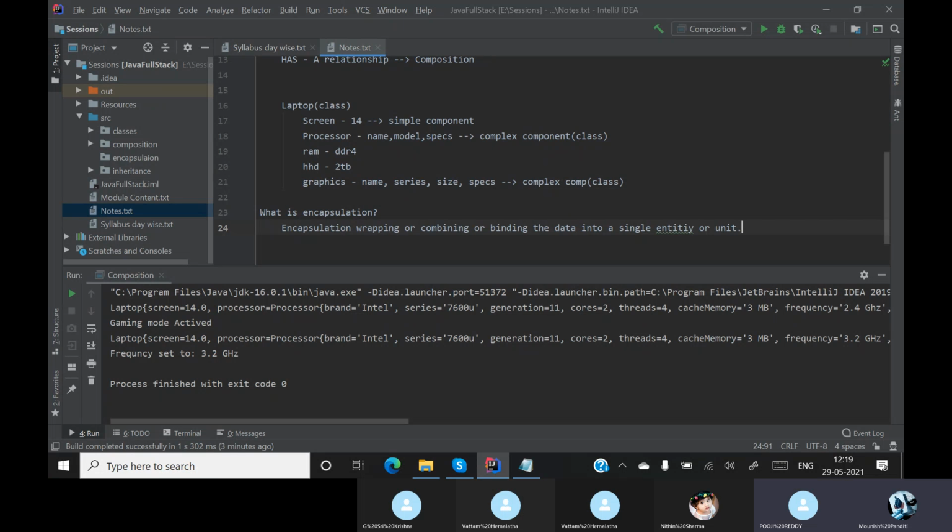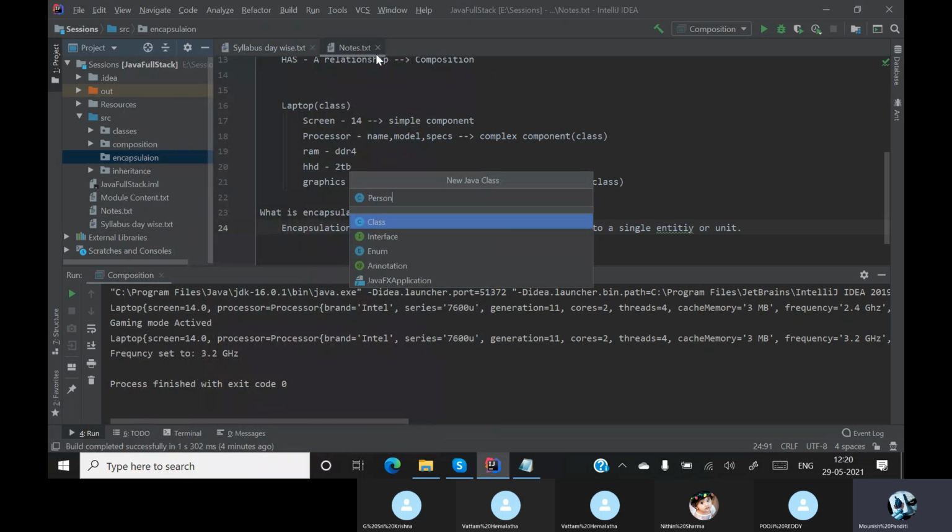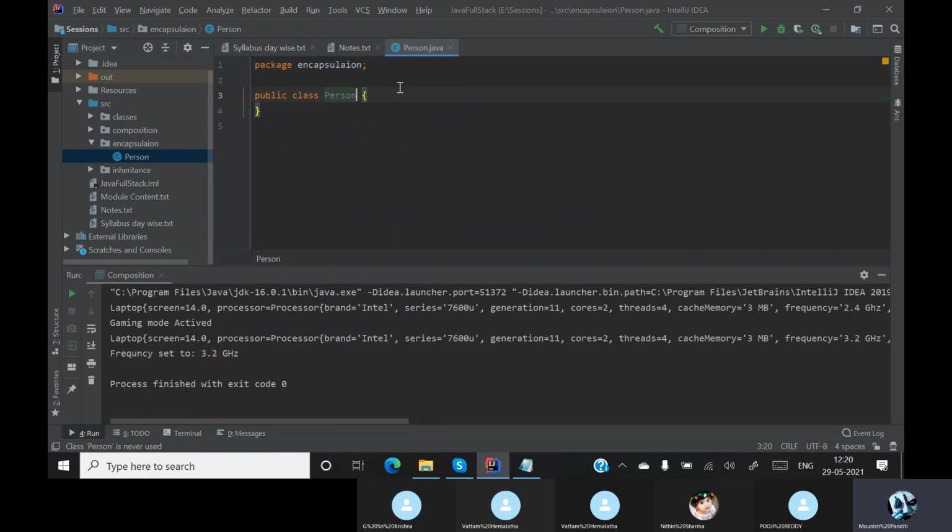Okay, so basically whatever we have done till now, when you create a class, that means our complete data is already wrapped up or bound into a single unit. So I have already created a package for this. Now I'll create a class called Person. What are the basic properties of a person? Private.